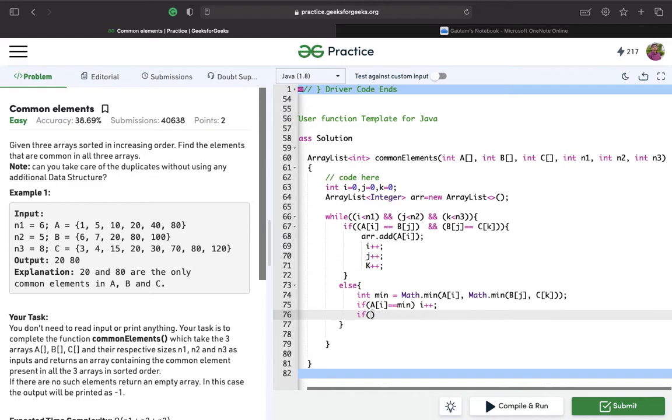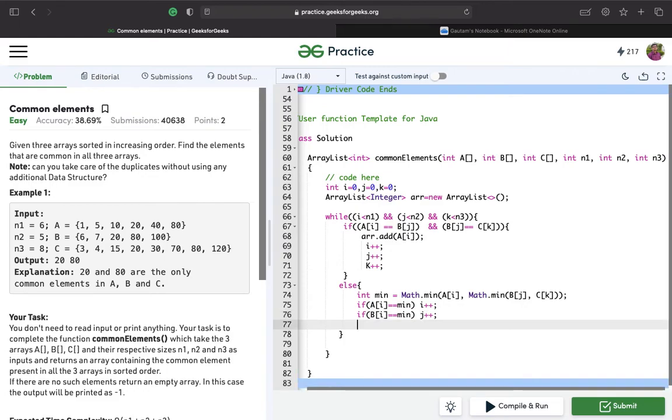If b of j equal to min, we'll increment j plus plus. If c of k equal to min, we'll do k plus plus.